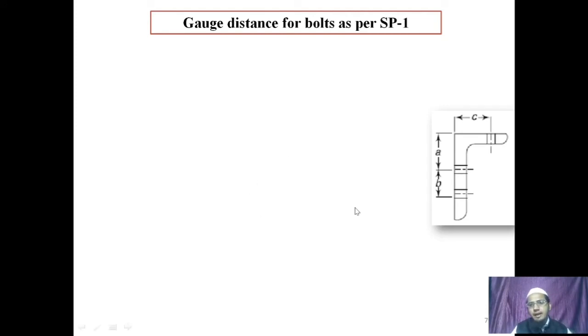In the diagram you can see there is an unequal angle section. In the longer leg there are two bolts, in the shorter leg there is one bolt, and the distance for this bolt line from the nearest edge is also termed gauge distance in this case, or we can say an edge distance also. And the transverse or vertical distance between two bolt lines, that is B in this case, will be our gauge distance. Similarly for the shorter leg, C is the gauge or edge distance.